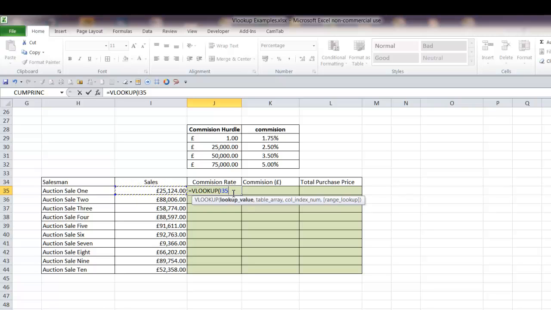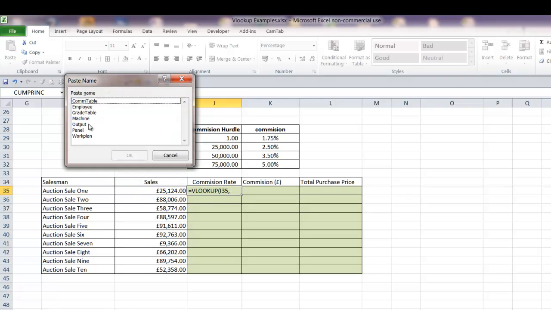Actually it doesn't matter because we're not going to be dragging that column in there, so I'll not bother looking at it. So we're looking up our sales amount and our table array. Well, we did name it, so we'll go to the paste names dialog box and highlight com table. Remember, to get this up you only have to press F3 and it brings up any named ranges you have. And we're just going to paste this name into the formula,